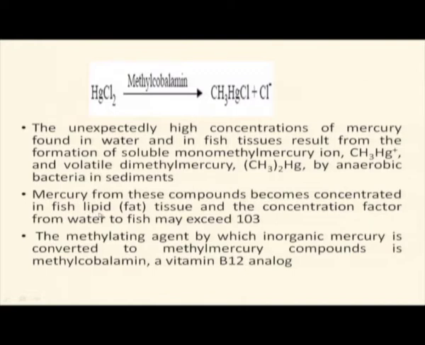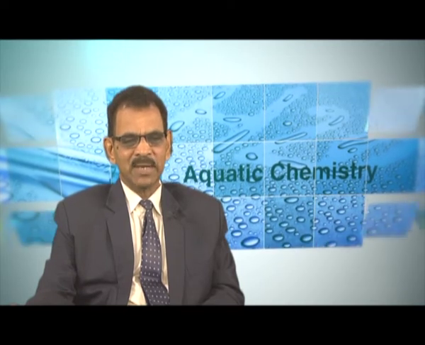lipid. The monomethyl mercury, dimethyl mercury, etc., are bioconcentrated in this tissue, and the concentration factor from water to fish exceeds 10^3. So, the mercury in water gets enriched in the fish about 10^3 times. The methylating agent by which inorganic mercury is converted to methyl mercury compounds is methylcobalamin. This is a vitamin B12 analog, and this is the reaction actually responsible for killing many people in Minamata,